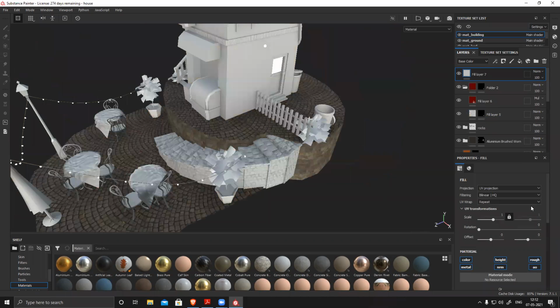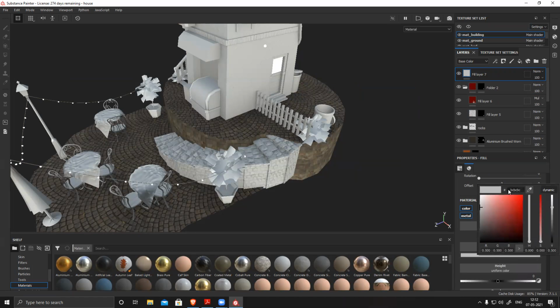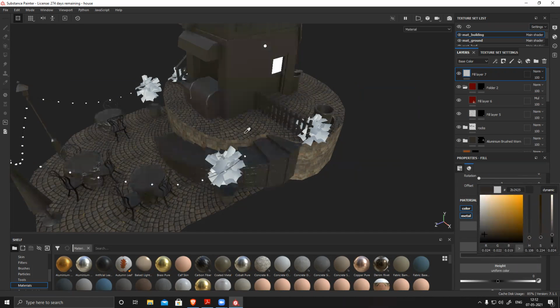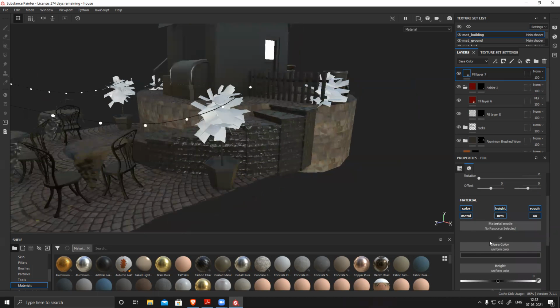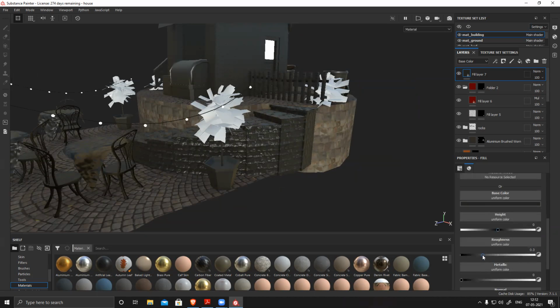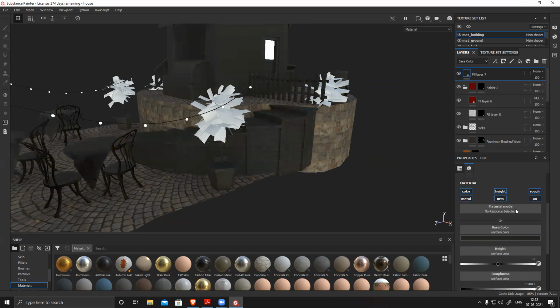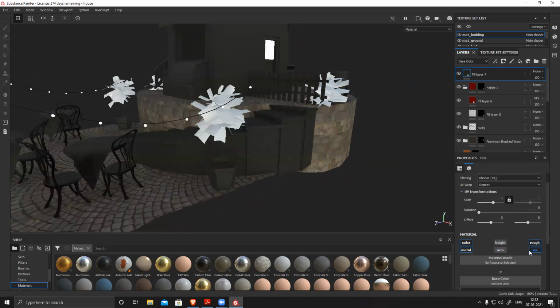Maybe it's the dirty effect. I'll search for a texture, or I can just use this, change the color, pick some dark brownish, greenish color, and make sure roughness is almost matte. There is no height, no normal, no ambient occlusion, no metal.